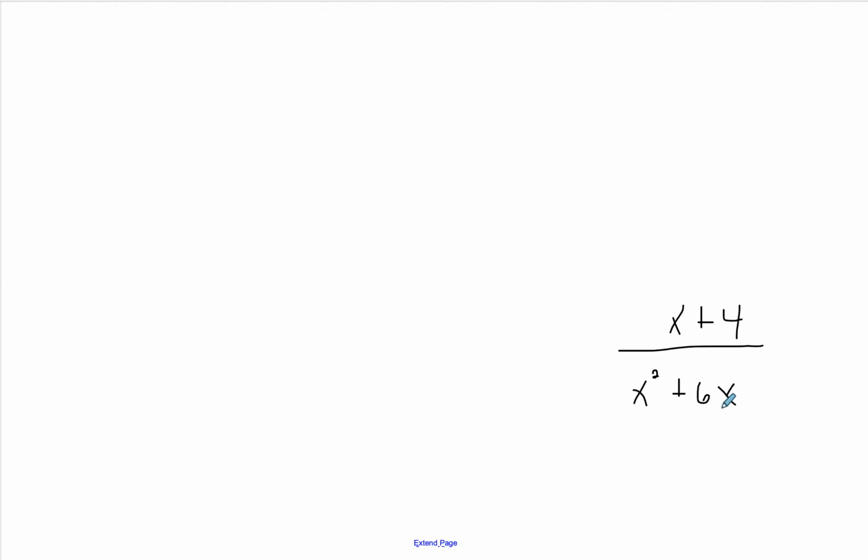In order to determine what your horizontal asymptote is, you find the term with the highest degree, and in that case it is x squared, and we're going to divide each term by the x squared. So that's going to give us x over x squared plus 4 over x squared,